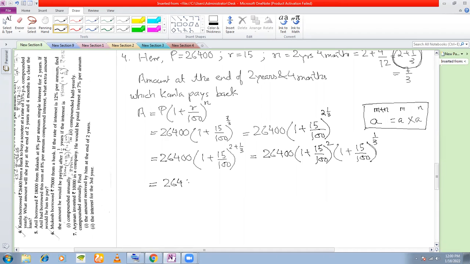Now there's a small rule here that when you have a fractional power, for the first one, 1 plus 15 by 100 squared, this is okay. But for the next one, if you want to remove this power, you multiply this 1/3 with this 15. Why we are doing it is a different story altogether, but just remember the rule. In order to remove this power in compound interest, you multiply this 1/3 with the rate and write this as 100, and now the power becomes 1. Important rule.